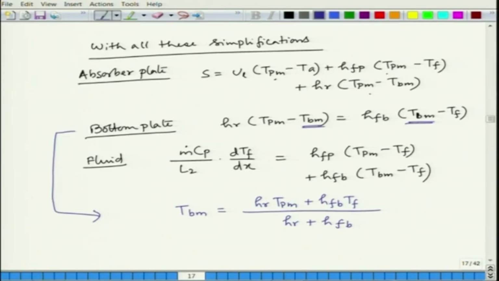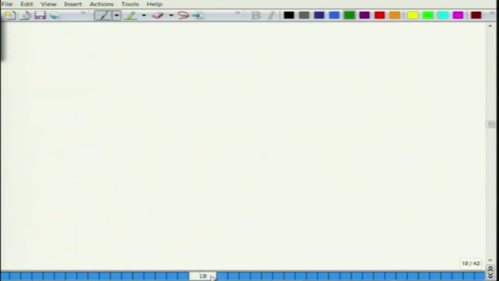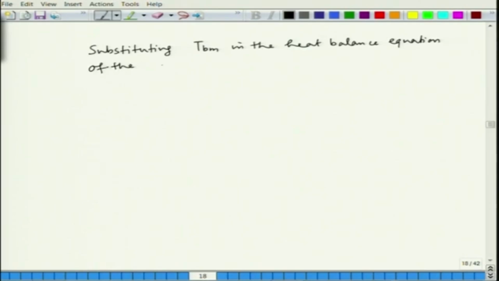Okay. Now, we can substitute this TBM expression in the absorber plate equation, right. So, if we do that by substituting TBM in the heat balance equation of the absorber plate,